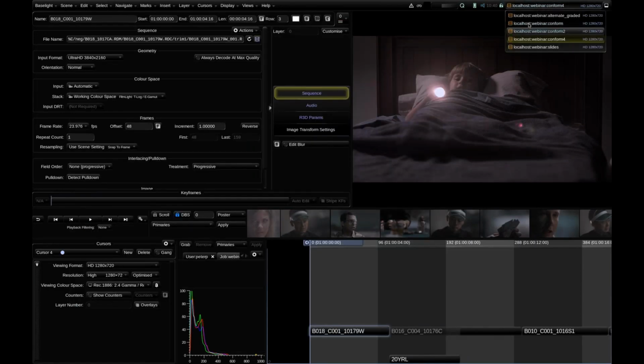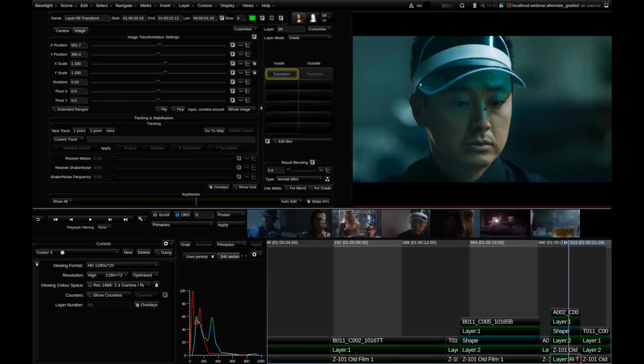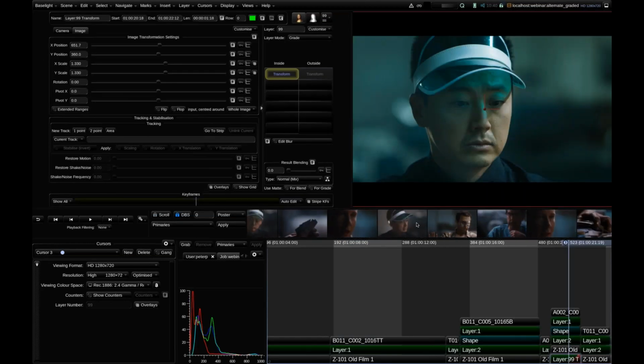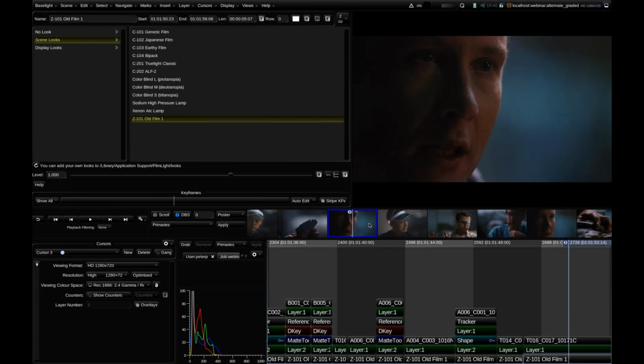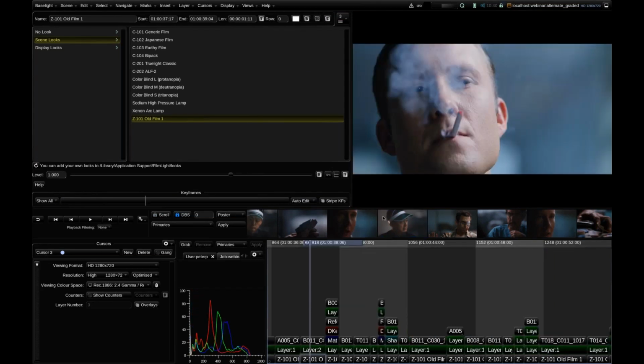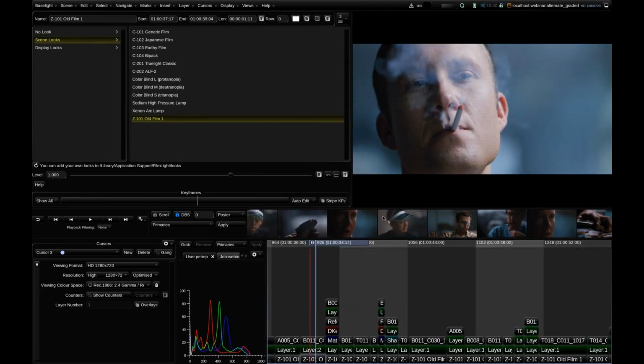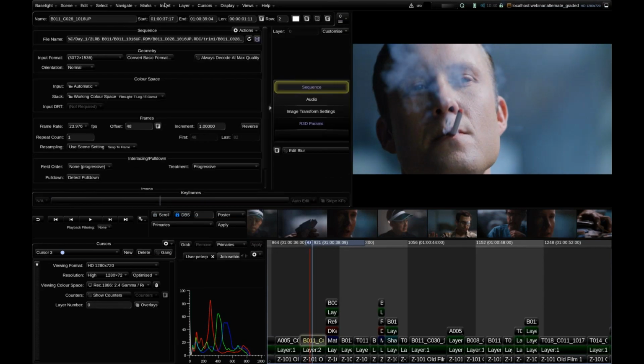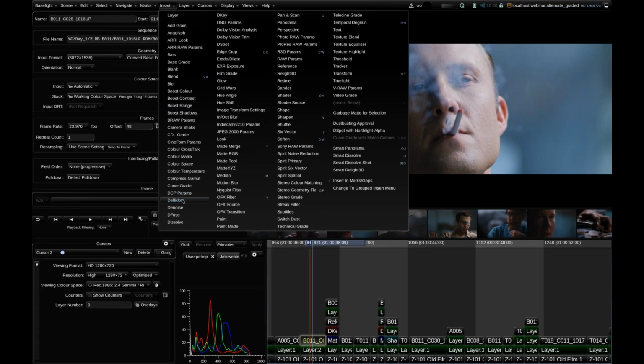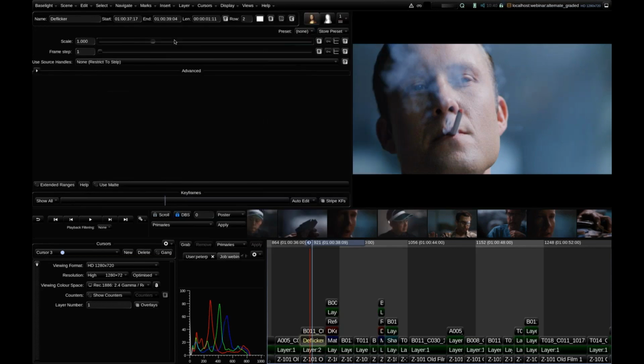shots is that there was a problem on set with HMI flicker. So some of these shots, if we just step through it here, you can see there's some flicker in the lighting that was going on. And this is pretty easy to fix in Baselight. We just have a deflicker we can add in. This is a pretty heavy flicker, so I'm just going to up the settings a little bit, and that gets